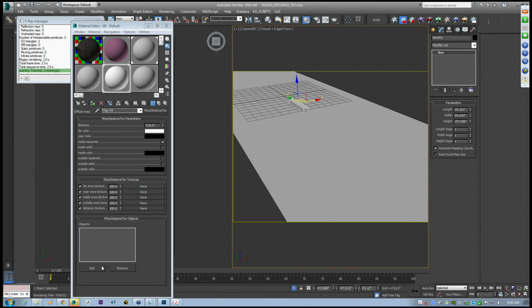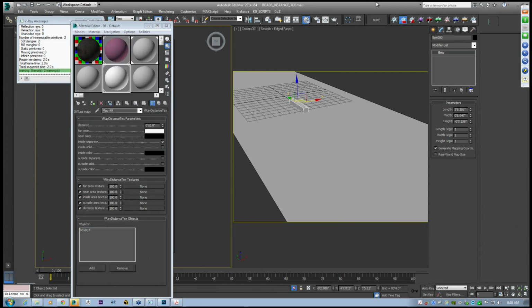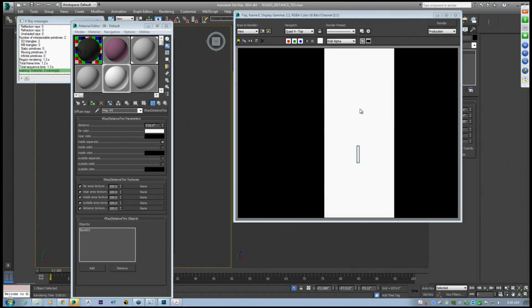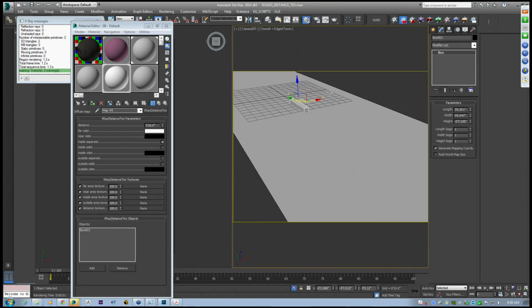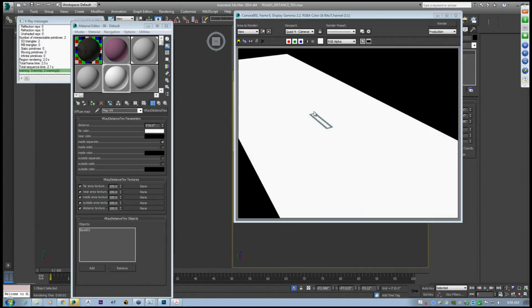So you have to add these objects within the distance tex objects at the bottom of the material. You can either select it through your list or just click on it. So now if I hit render, you can see how it's affecting this material that we have set up. Currently I have inside solid unchecked. This is how it comes by default. 10 inches is the default radius off of your object that it gives you. So if I put this at 2 feet, you can see how it changes the